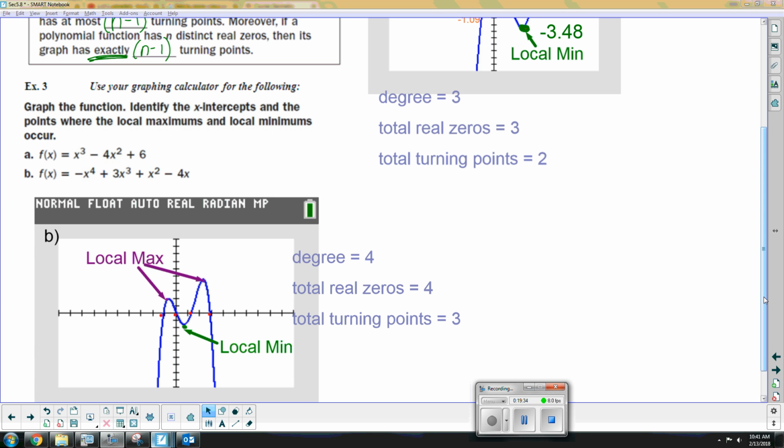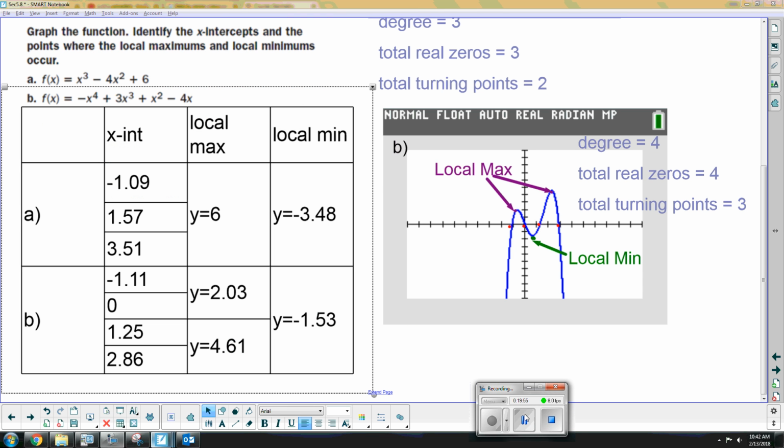And so from there, you're going to use your calculator to get the value of the local maximum. That's a y value. Local maximum, y value. And local minimum, y value, and then all your zeros are going to be the x values. So you can pause the video while you solve for those, and then you can unpause for the solution. Right, so if you look at the completed table for example B,